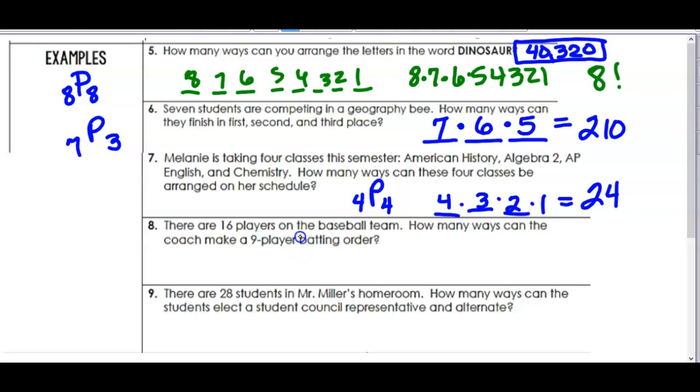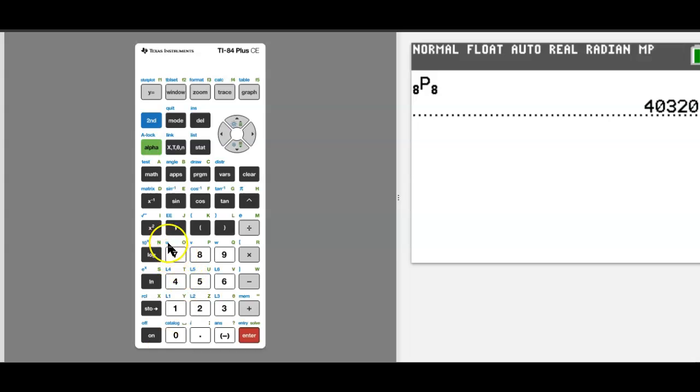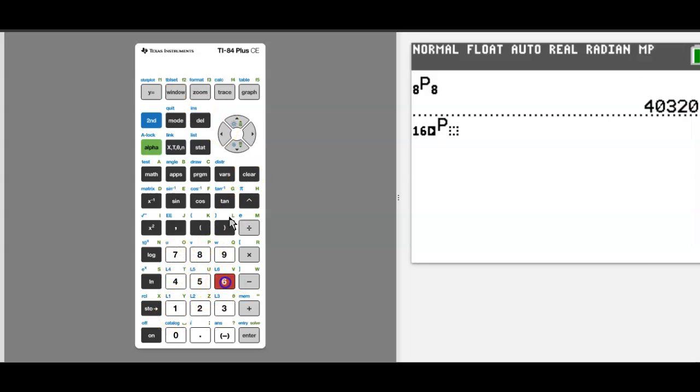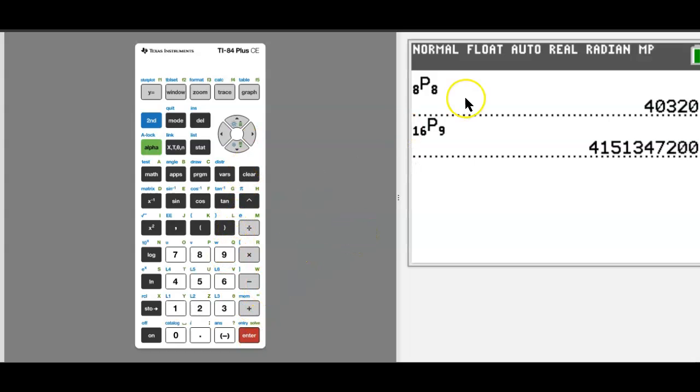There are 16 players on a baseball team. How many ways can the coach pick a 9-player batting order? So order matters in batting order. So we're going to do 16 players, and he is putting in a total of 9. So this time it makes sense to go to the calculator. And I'm going to do, it is 16 times 15 times 14 times, all the way until you've filled up 9 blanks. But I'm going to go alpha window, choose number 7, and I'm going to put in 16 and 9. Or again, you could have gone to the